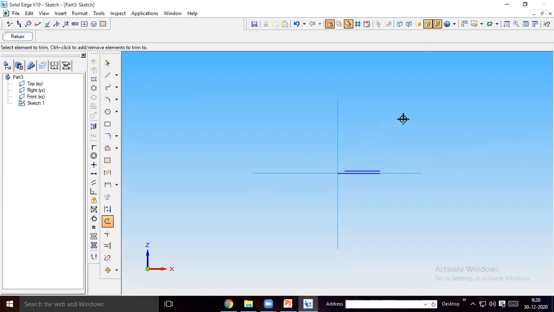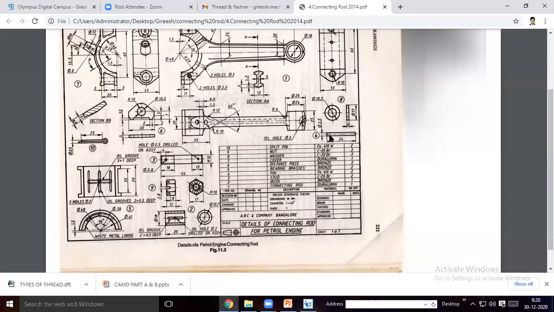It's very important to do the pin. If you're not able to do the split pin, just do the normal pin and assemble in the exam. Just do the normal pin with round outside. Then you can assemble that, no problem. They will not minutely check whether you did this or not. So I will show you. Just do this pin with round outside.